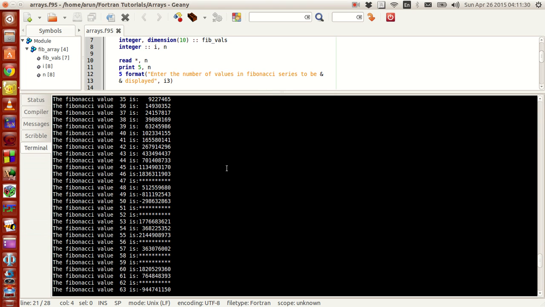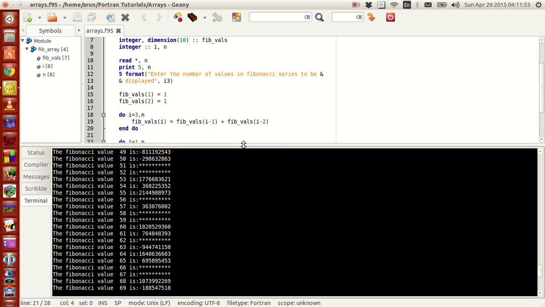You see, up to 46 it's working fine, but after that, look at the values of the Fibonacci series. They turn negative. It does not mean the Fibonacci series cannot turn negative, but here its values are negative. Why is that? It's because it's trying to access memory locations that are not available to the do loop and